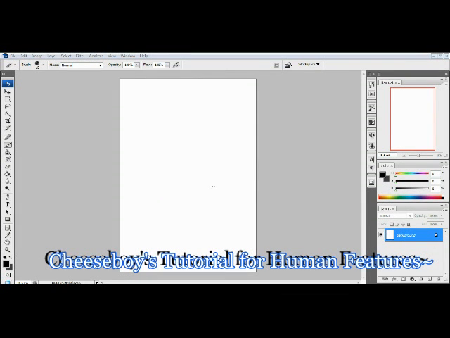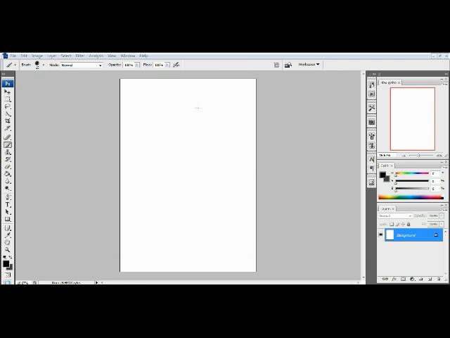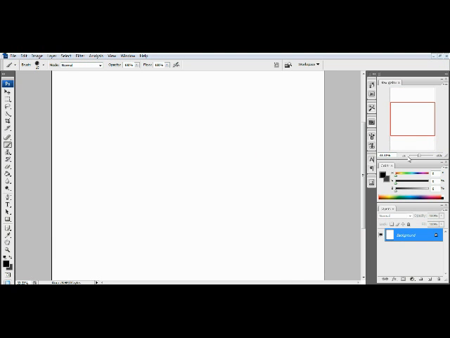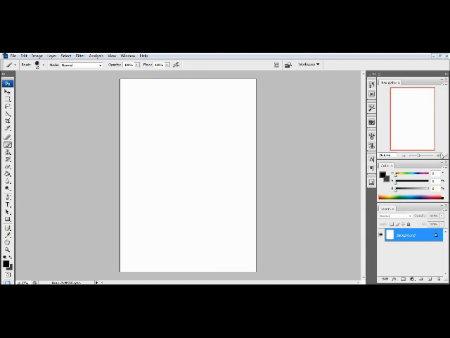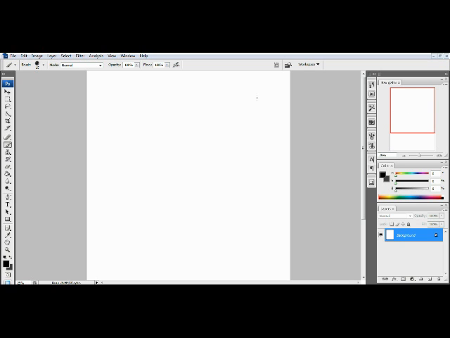Hey guys, in this tutorial I'll be showing some more intricate details of the features of humans, yay! For example, ears. I was asked how to do ears by a friend, or multiple friends, so basically,